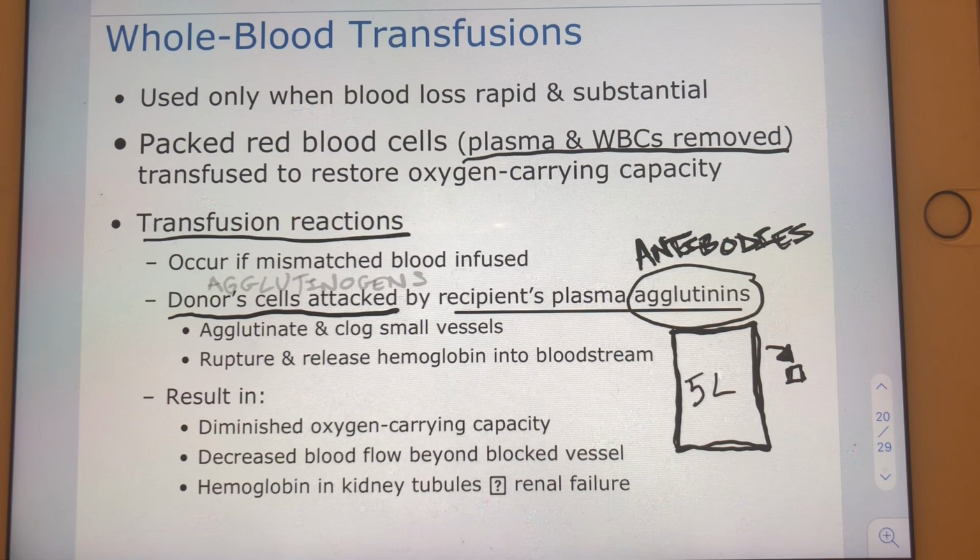Agglutinins, sorry that it's so similar to agglutinogens, are antibodies, and of course are most relevant in the recipient blood, whereas agglutinogens are going to be most relevant. How about I spell that correctly instead? Agglutinogens are going to be most relevant in donor blood. Agglutinogens. There we go. Okay. Anywho,